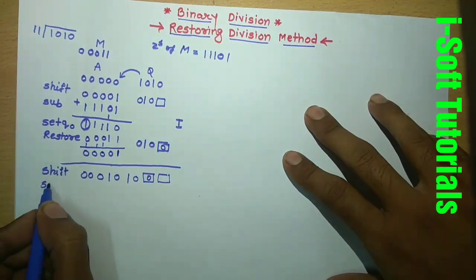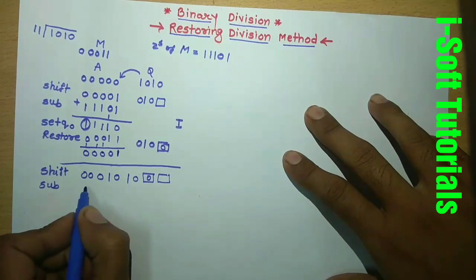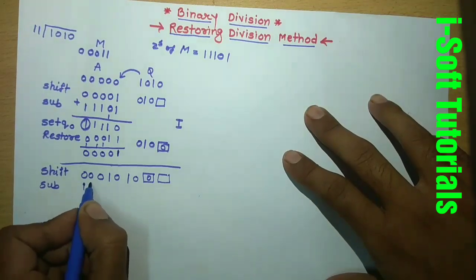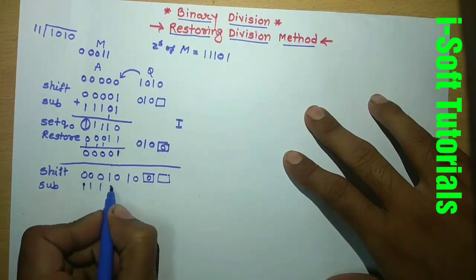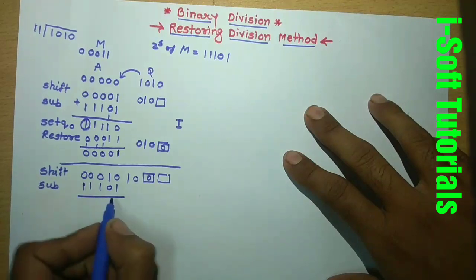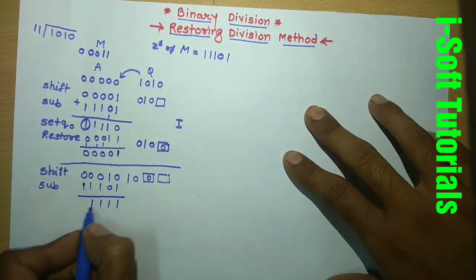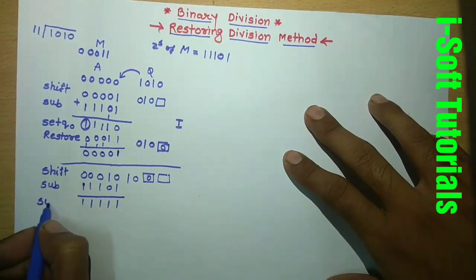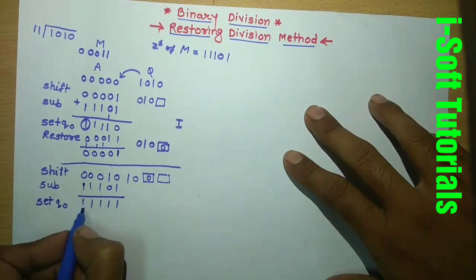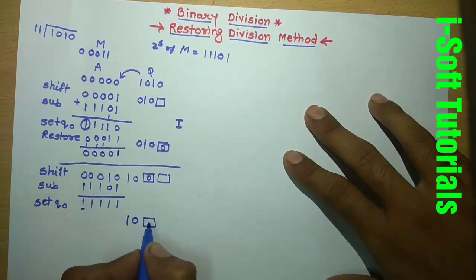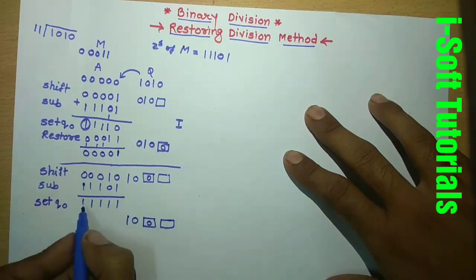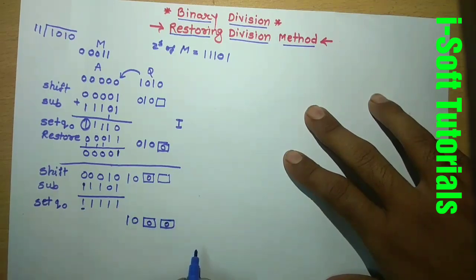So again we will perform subtraction. Same step we will repeat. For subtraction, 2's complement is 1 1 1. Again 0 1. So I will subtract it, 1 1. All ones we will get. Then what is remaining? In the second step we will set Q0 and decide whether we have to restore or not. So here we got sign bit as 1. So I will rewrite here the bits of Q0. 1 0. This is updated. This we have to update. For 1, we will set it as 0.